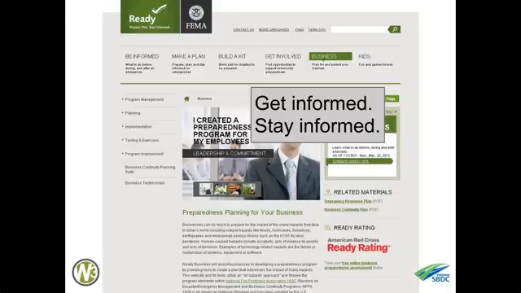And they have a whole area on here about digital IT support in terms of disasters, so that you can get yourself, again, informed, and then you can stay informed of all of those things. Down here in the bottom right-hand corner, this is American Red Cross Ready Rating. It's a really, really cool tool that helps determine whether your business is prepared for particular types of disasters that